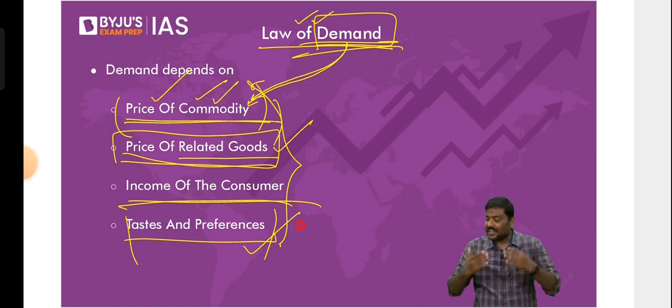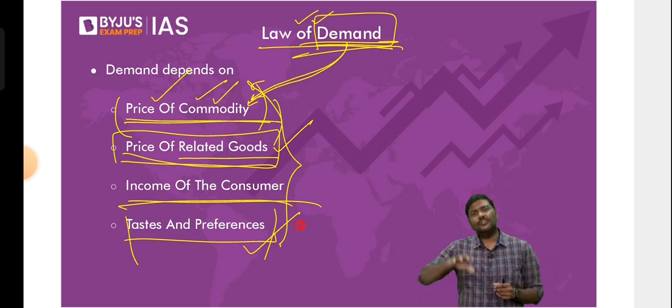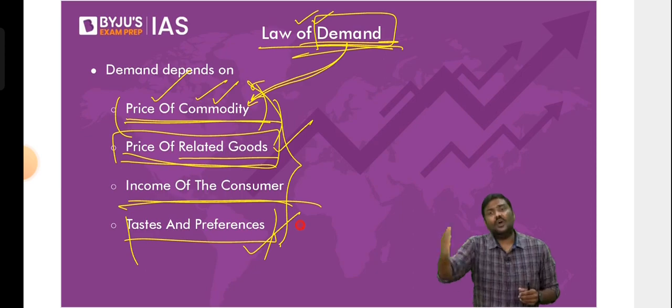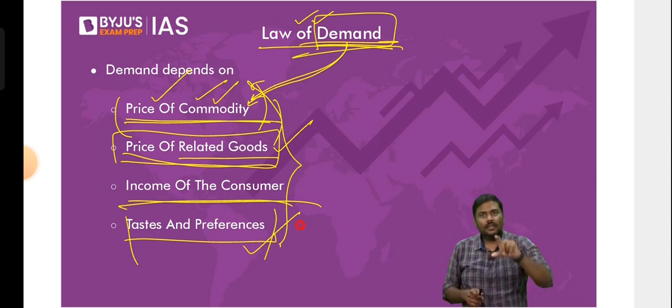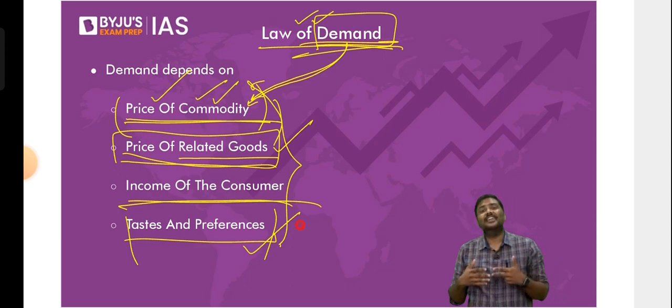So have you understood what my taste and preference is? That will determine what kind of goods and services I will demand from the market. I'll give you another example. Imagine you're a follower of, let's say, Virat Kohli or MS Dhoni. When they endorse a brand, when they say purchase this, will it not influence your buying behavior? Will it not be more tilted towards purchasing a product which your icon has endorsed in the market? So my taste and preference will also determine what kind of goods or services I will purchase from the market.